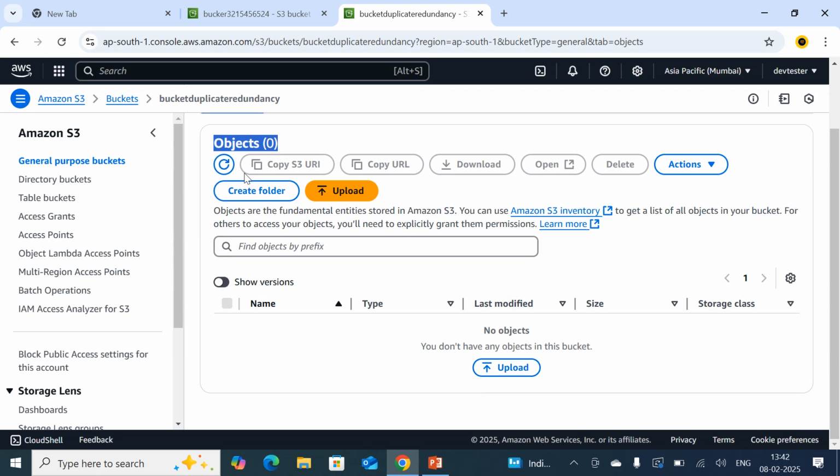So in this way we are able to replicate our data across multiple regions with the help of cross region replication rules. So this is all about S3 bucket. As a cloud DevOps engineer, you just need to be aware of those things, but you don't need to be deeply involved in this.